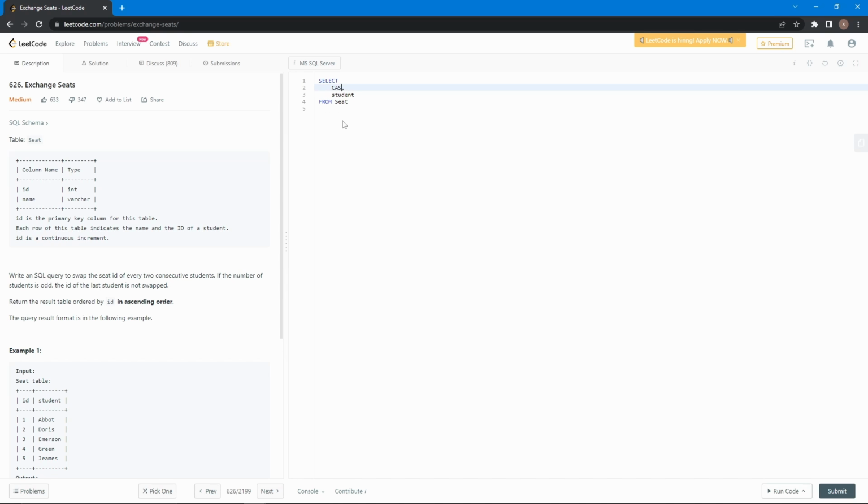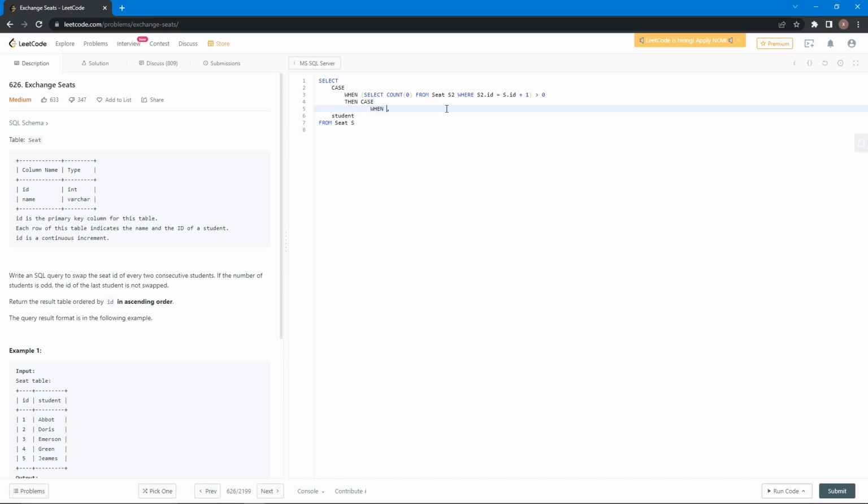So I'm going to say case when select count from seat S2, we'll make this S, where S2.id is equal to S.id plus 1. It's greater than 0, then